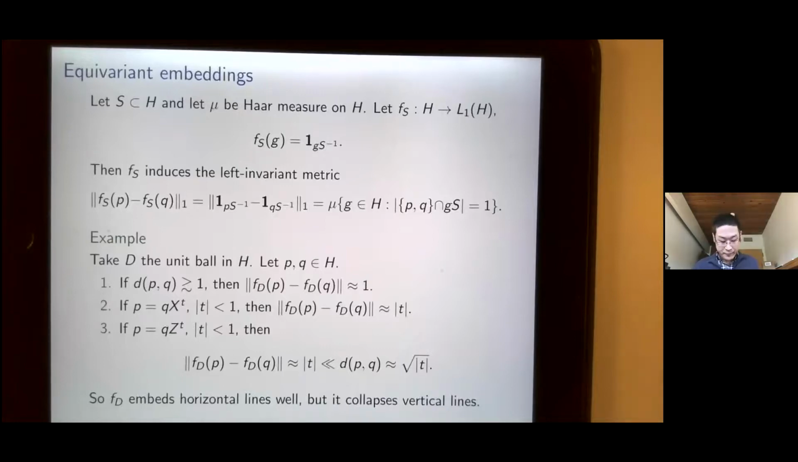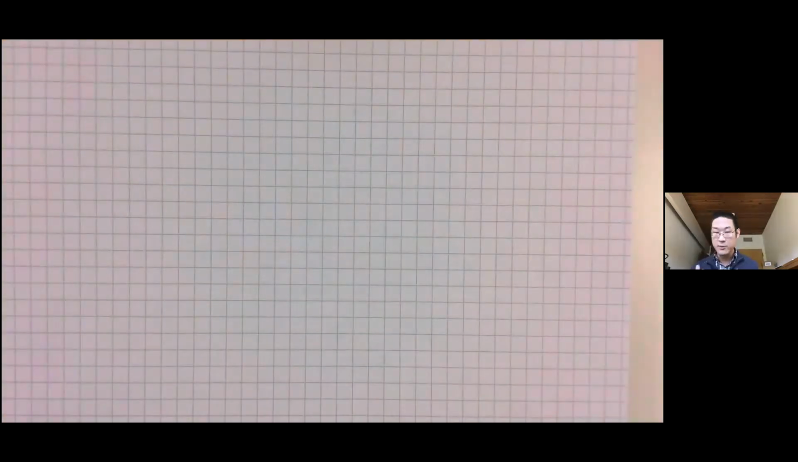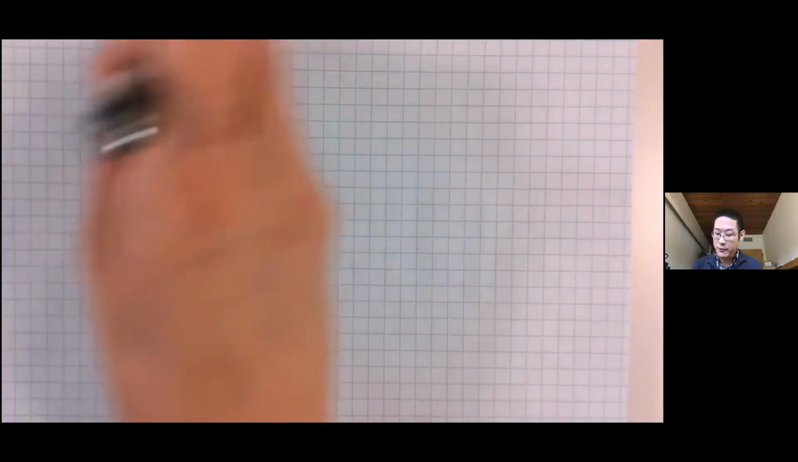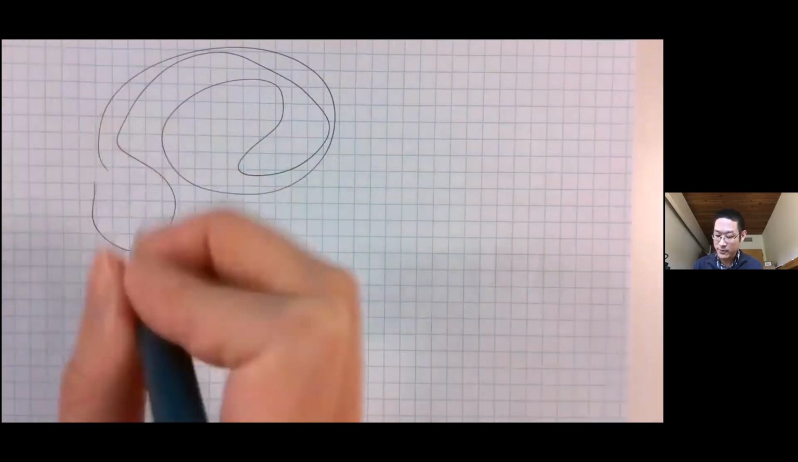Okay. So this embeds horizontal lines well, but it collapses vertical lines. How can we fix that? How can we find a set that gives us a better embedding of the vertical lines? Well, in order to get a better embedding of the vertical lines, we need a more complicated D. Say we have some more complicated set D,